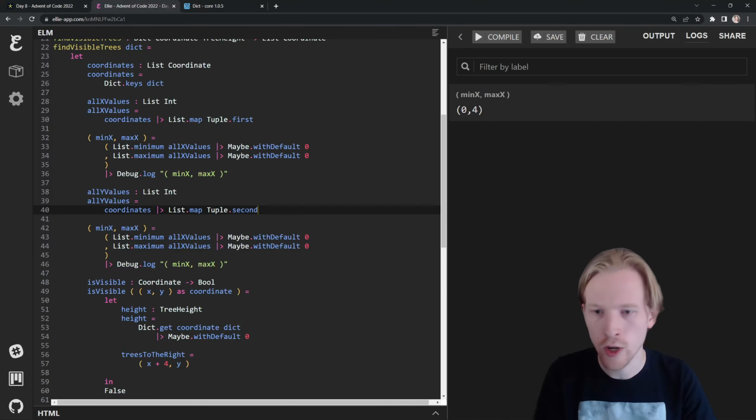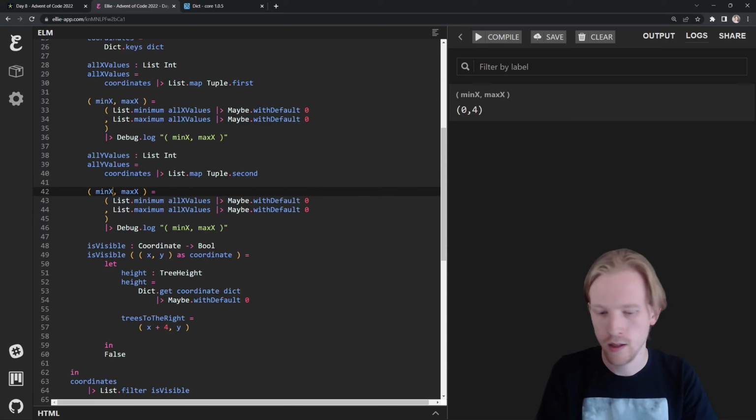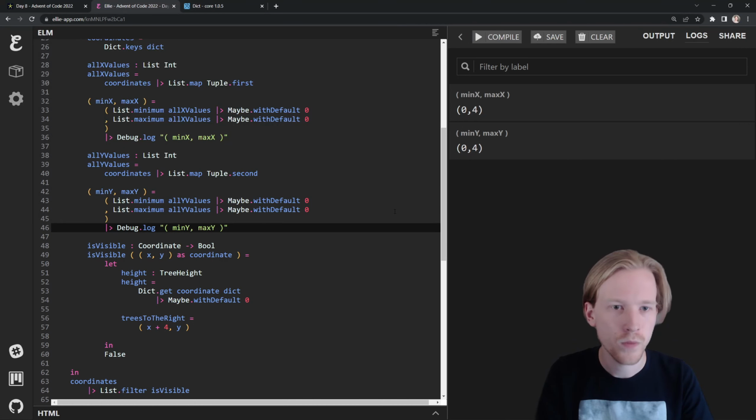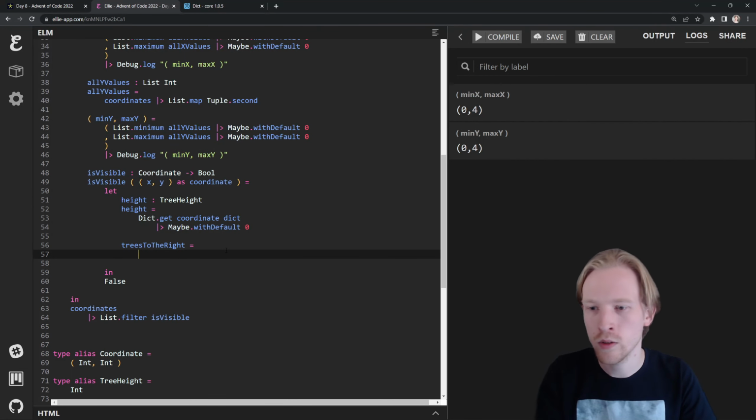And just instead of grabbing the first item in our coordinates, we're going to grab the second. And then the y values. And then this is the same thing. It's just going to be the min and the max y. Cool. So in order to find the trees to the right, what we need to do is